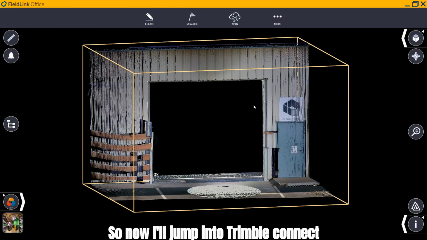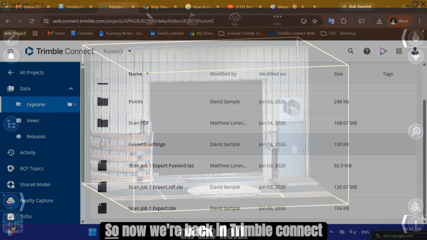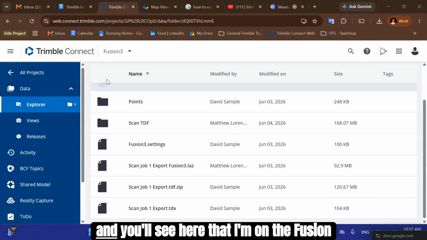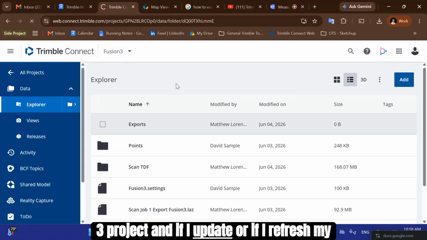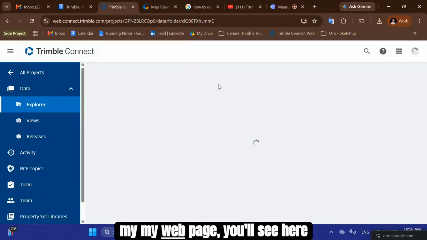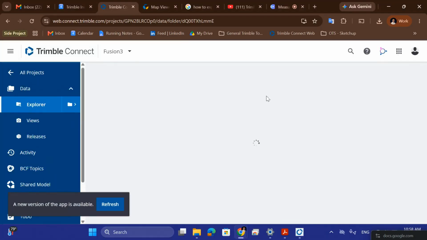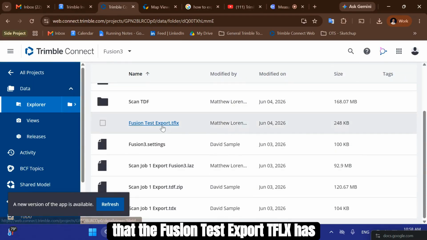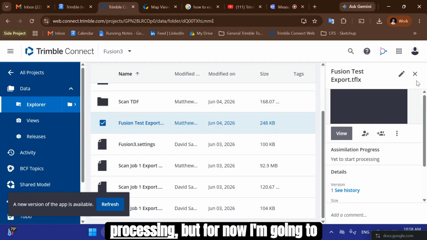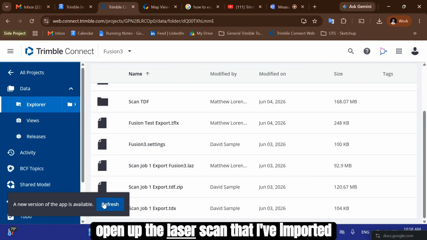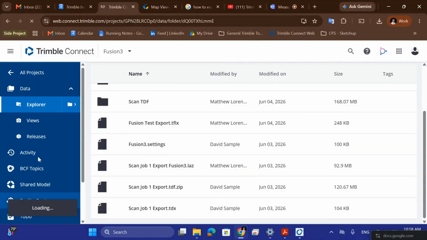So now I'll jump into Trimble Connect and show you how you can access the data in the office and make further measurements than what was taken out in the field. So now we're back in Trimble Connect, and you'll see here that I'm on the Fusion 3 project. And if I refresh my web page, you'll see here that the Fusion Test Export TFLX has loaded in. You've got to give it a second to start processing, but for now I'm going to open up the laser scan that I've imported as well